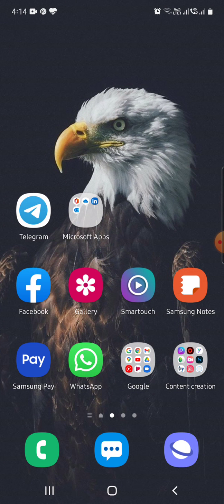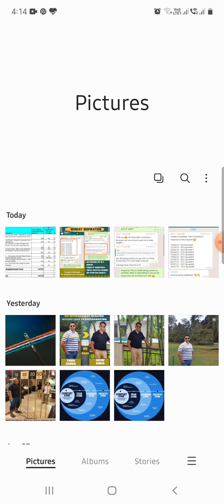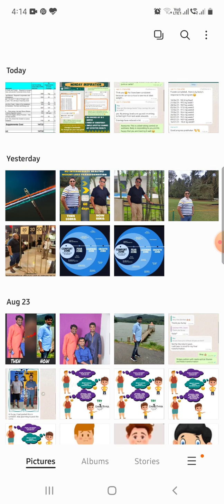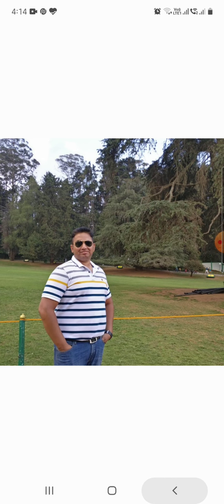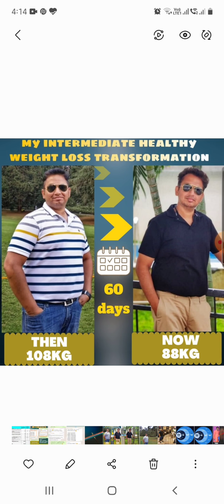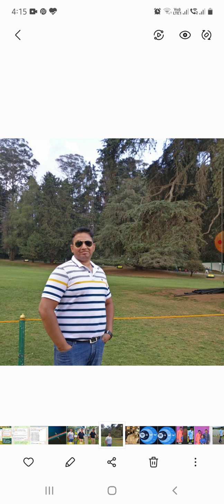So once we have the apps, we also need the before and after picture, right? In order to create any collage, we need a before and after picture of the client. So here I would like to take the example of Salman, who went through a very beautiful transformation and gave his before and after pictures to publish the transformation in social media, right? So these are the initial photos.